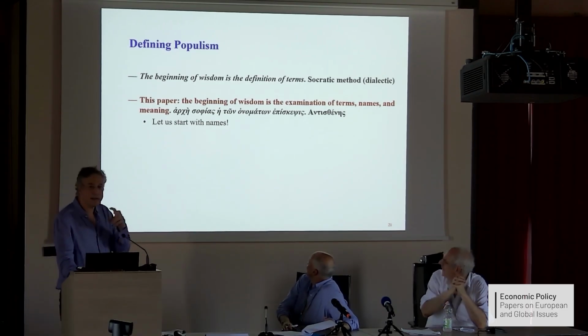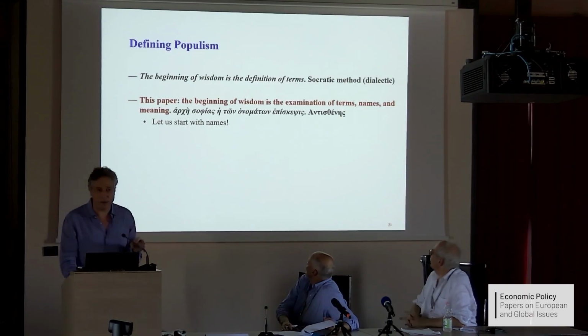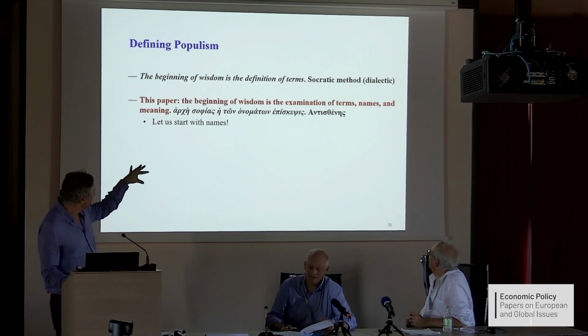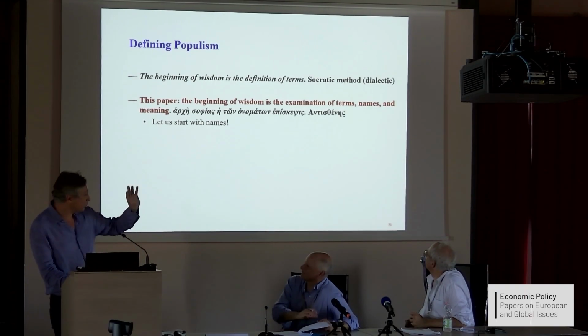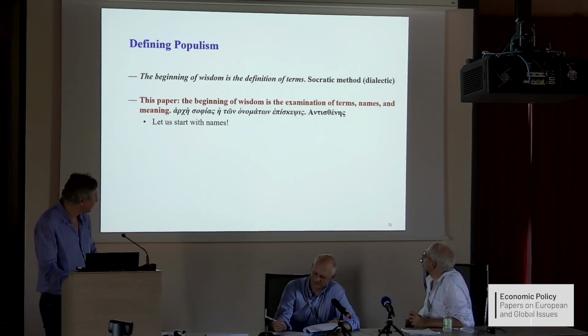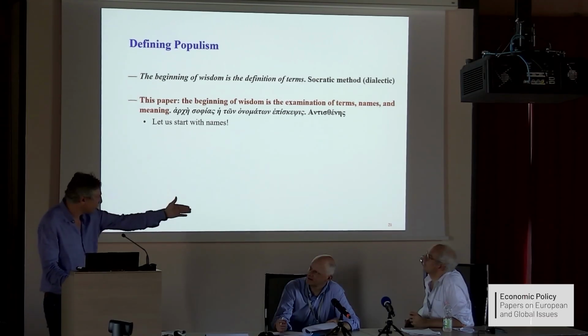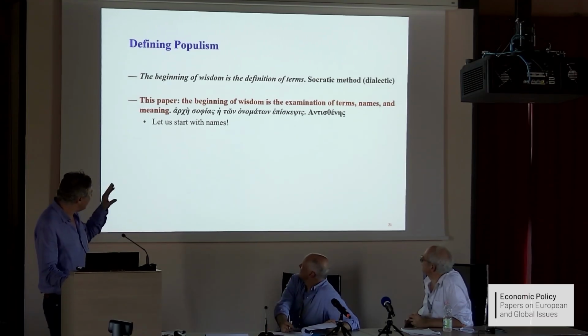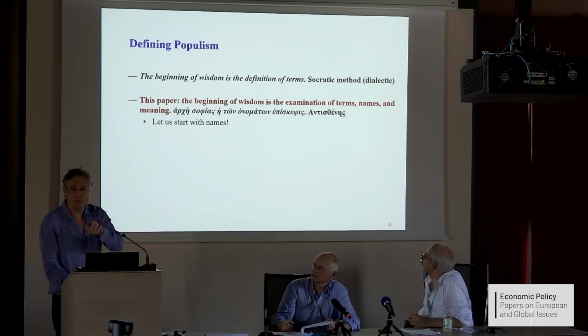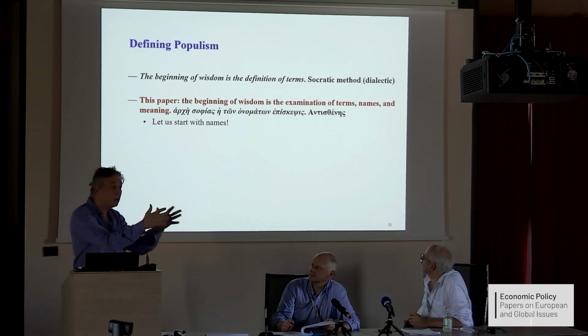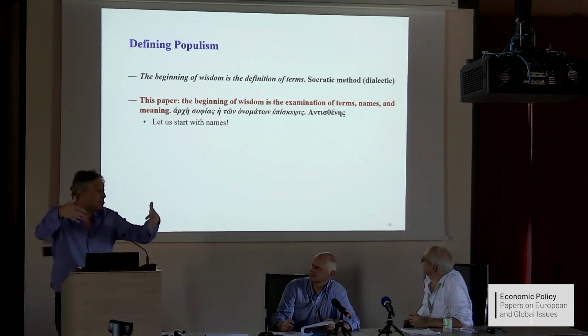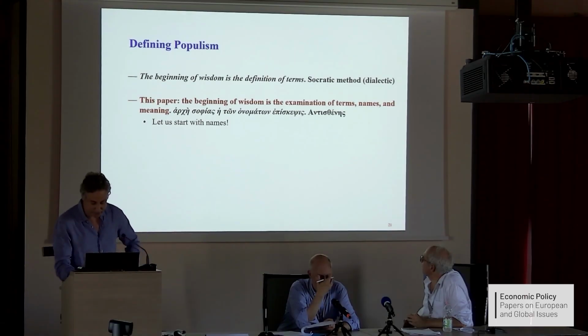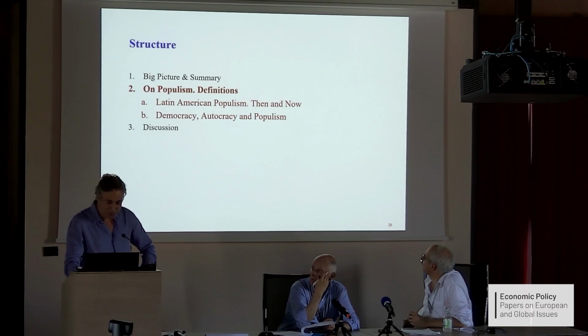So there is the Socratic method that you first need to define terms. Actually, there was one of the Stoics at Distance who was a competitor of Socrates, who said, look, so here, that's why I put here the Greek, just because Antonio also speaks Greek. Well, wisdom, Sophia, starts, let's look at names. So let's try to look at names, see what are the commonalities of those names, and perhaps this can help us generalize. In some sense, a bit like economics. You take case studies, and then you try to write a good model.